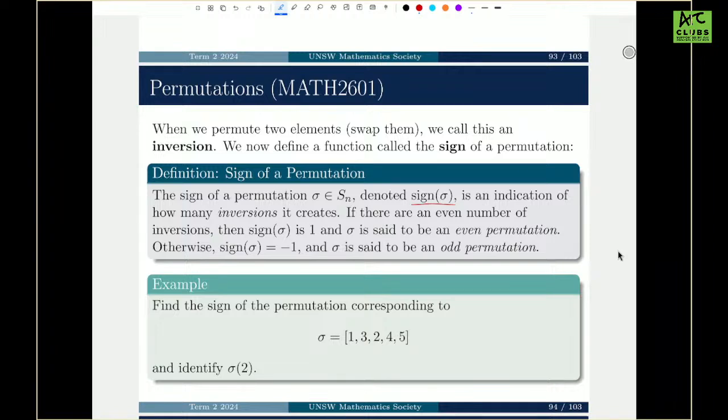Yeah, I think it's quite logical. Now we're going to look at a simple example. We want to find the sign of this permutation sigma, and we want to identify what sigma of 2 is. Okay, so if our set omega is 1, 2, 3,